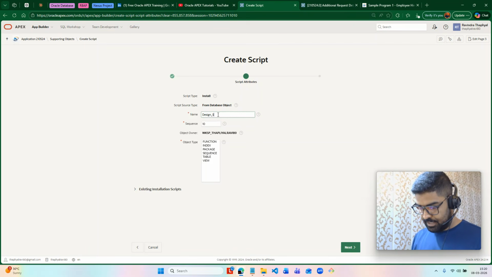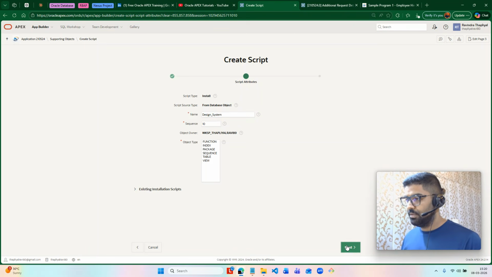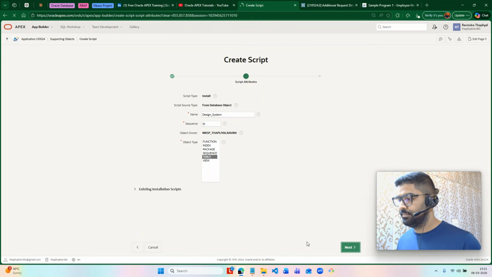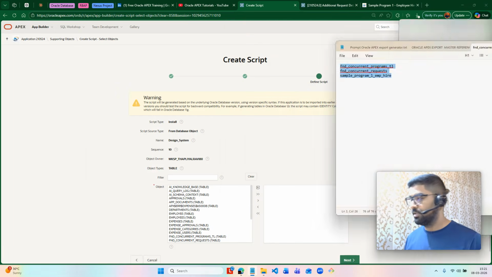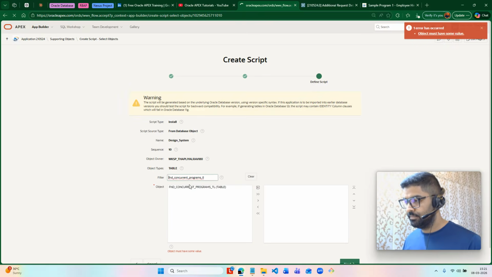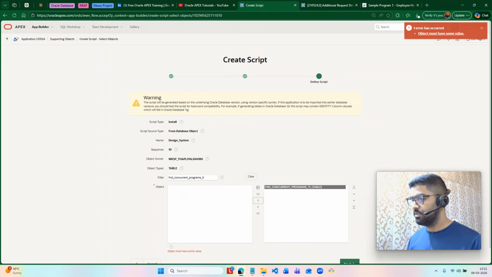Design system. And then I will go to, so yeah, we have to take tables. So I will search for this one. Let's go one by one. So I will go over here. Yeah, take this one. Then we have